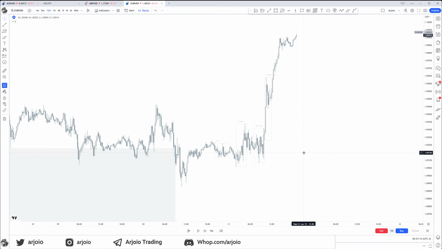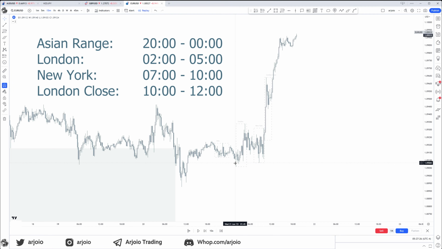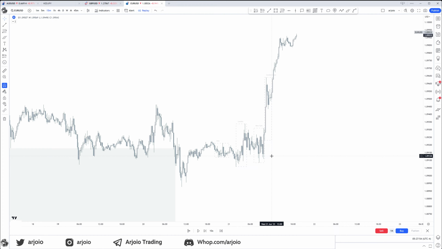Let's dive into daily profile. So Asia, again, 8 until 00, aka midnight open. New York midnight open is always at 0000. Then we have London. London is 2 a.m. to 5 a.m. Then we have New York. New York is 7 a.m. until 10 a.m. Then London close is 10 a.m. until 12 a.m. And then afterwards, we start a new day and we start Asia again, London again, New York again, London close again, etc.